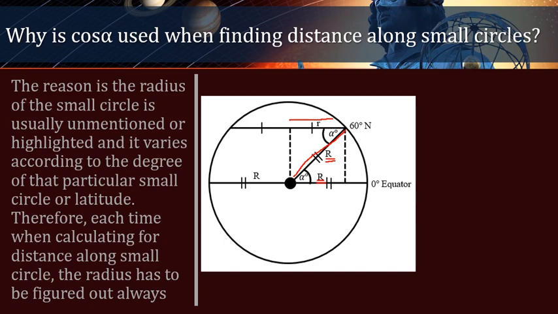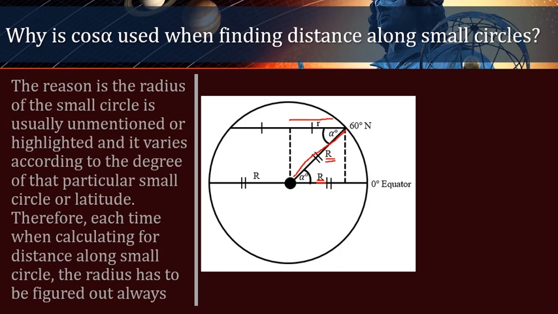So these are alternate angles. So this angle, if it's 60 degrees, which is alpha degrees, this one also is alpha degrees. Therefore, we have to find this small r with reference to the angle alpha. And as you can see, r is the adjacent side if we use alpha as the angle, and capital R